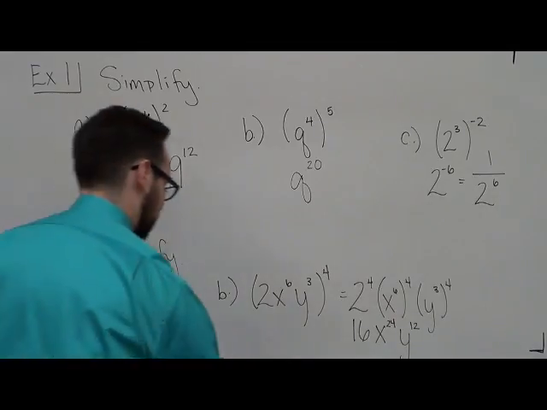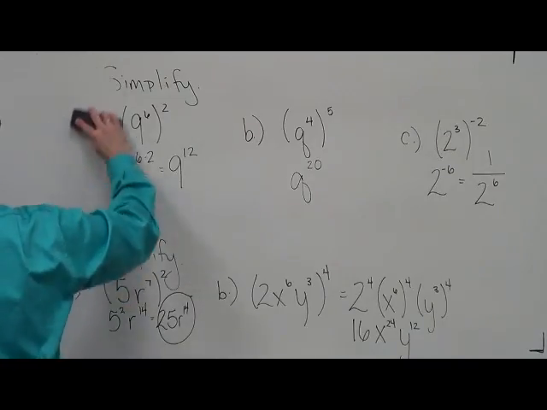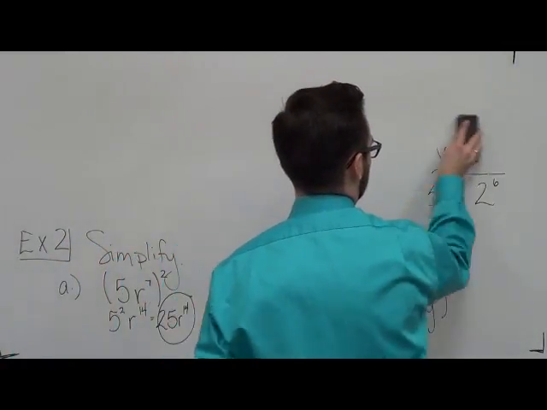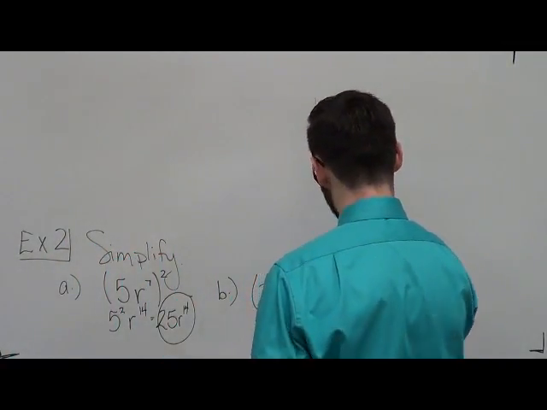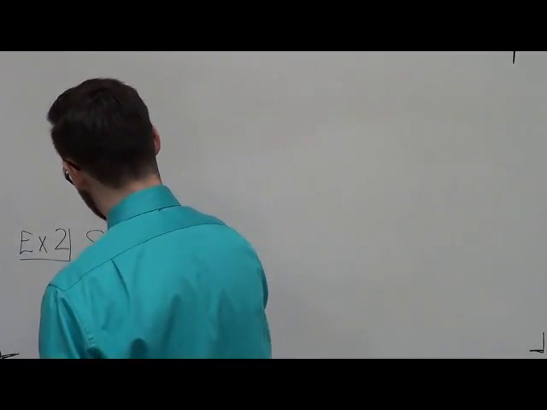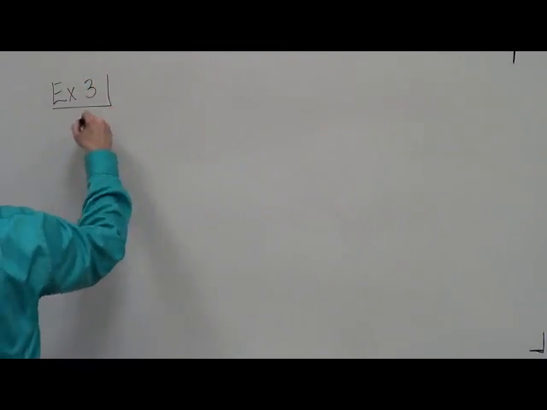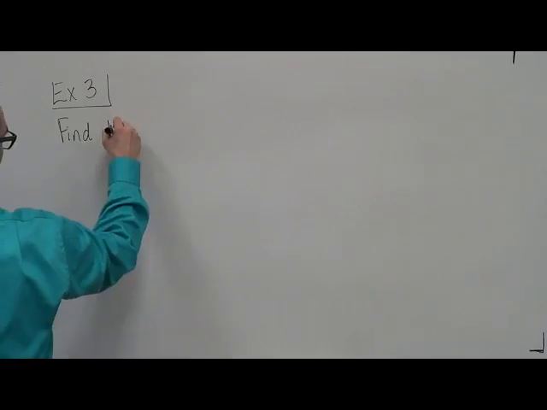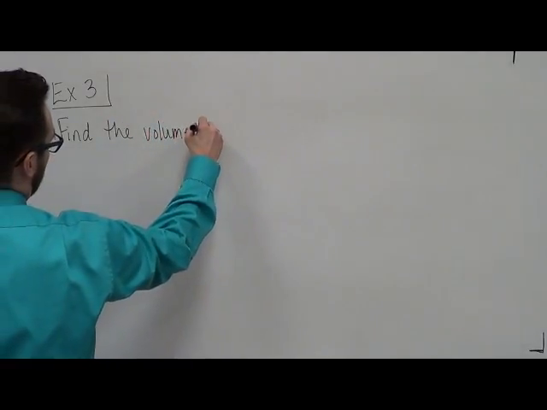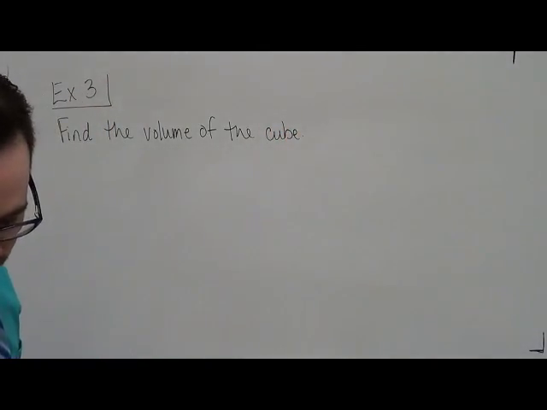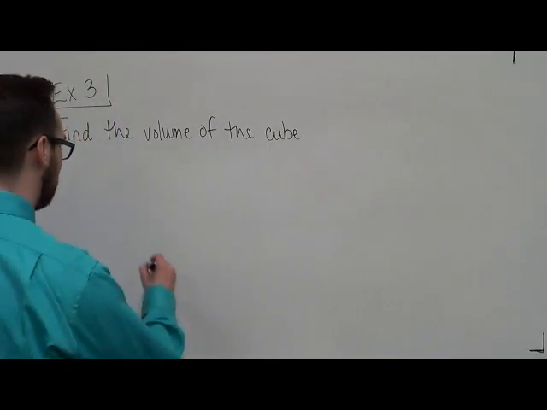Alright, and I want to do one more example. Kind of a "when am I ever going to see this sort of thing" example, but it's fun to do it as an application for these rules. We're going to find the volume of a cube. However, the side lengths, instead of being given to us in numbers like we would be used to, are going to be in terms of variables. So they simply say, find the volume of the cube. So the cube we're looking at